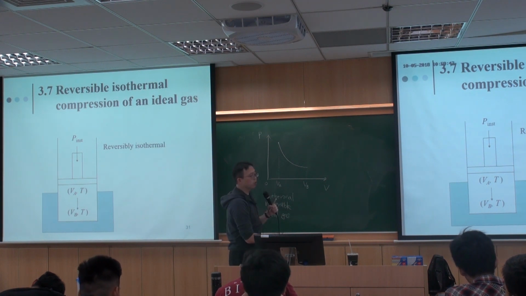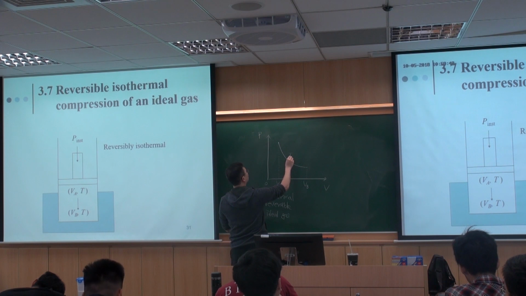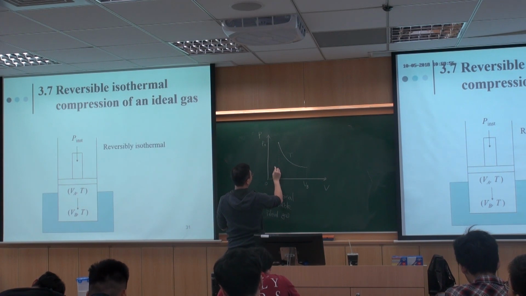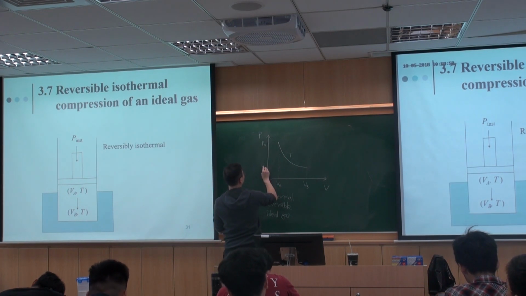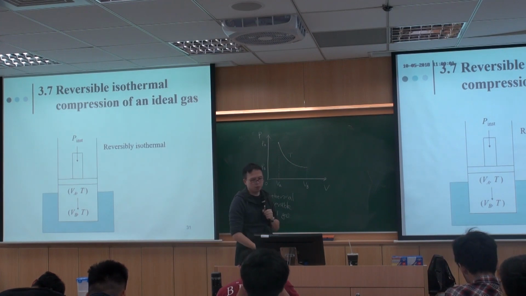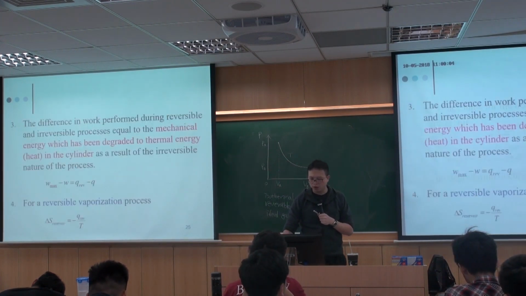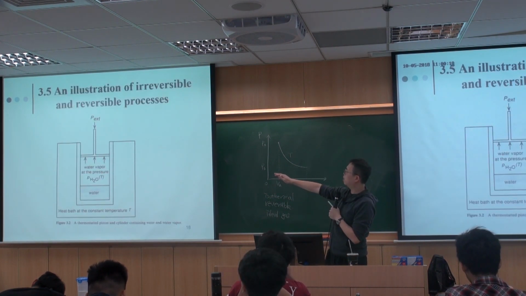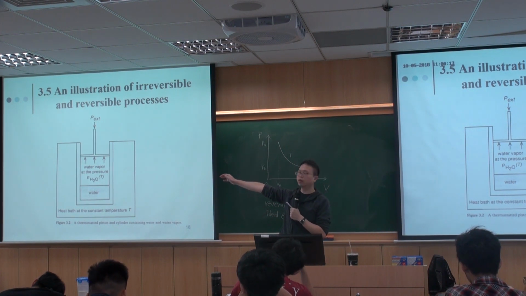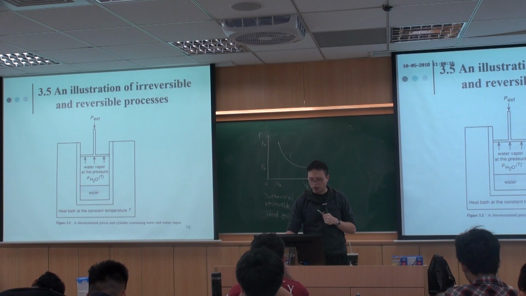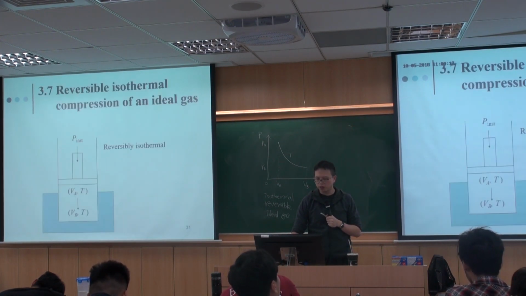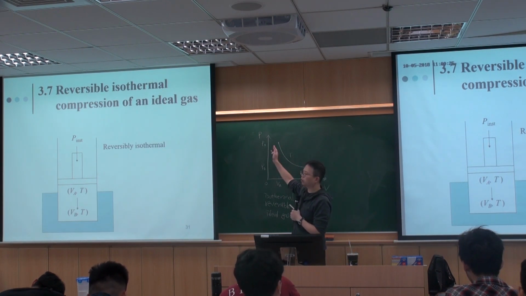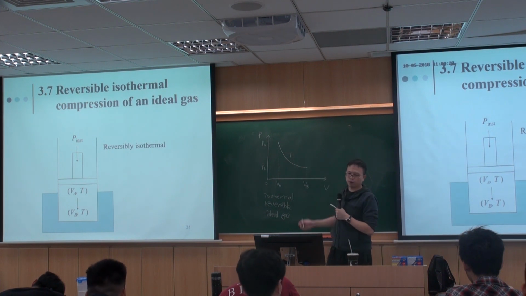But we also know that the pressure will change because T is constant, so therefore the pressure will be changing as well. So this is different from what we saw earlier. Some people approached and asked about the previous example that we went through. This is a little bit different. In that case, we wanted a constant pressure case. Therefore, the temperature would be changing. However, in this case, the temperature is kept at a constant value. Therefore, the pressure should be changing. So you will have this kind of curve.